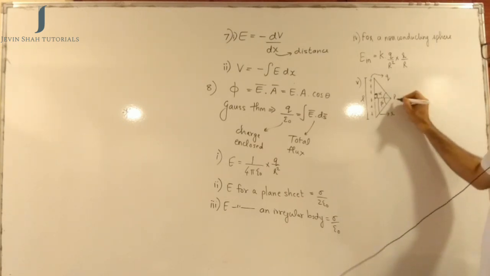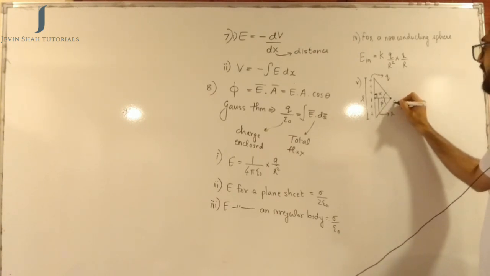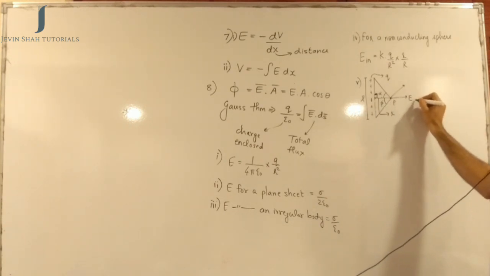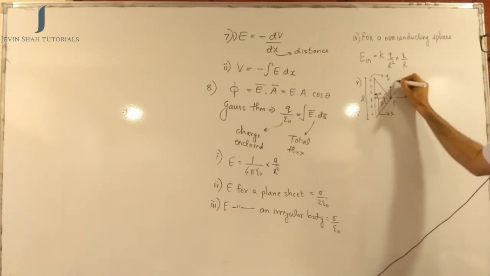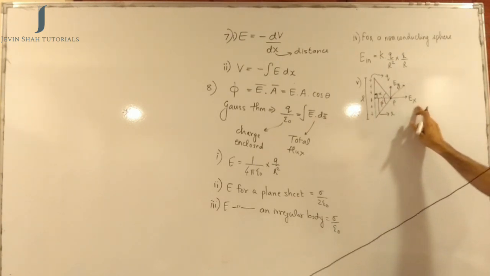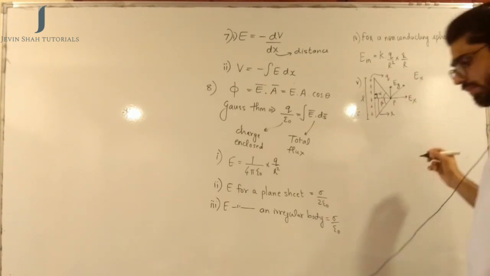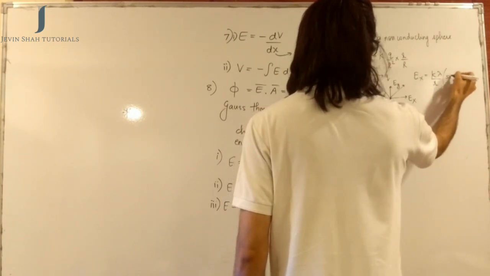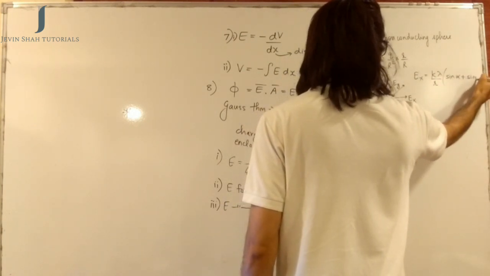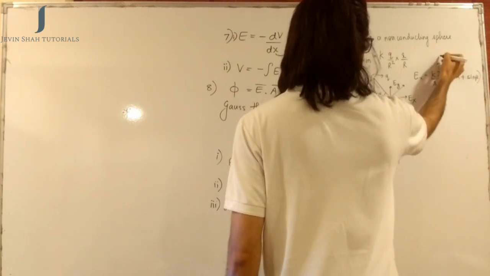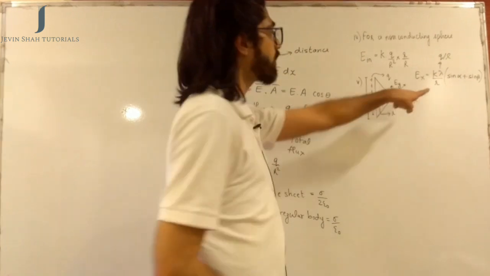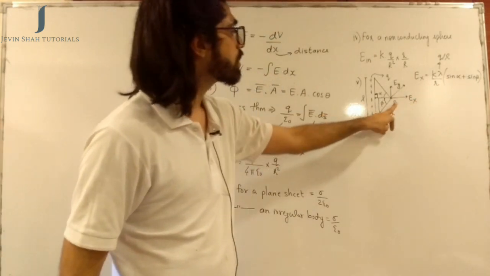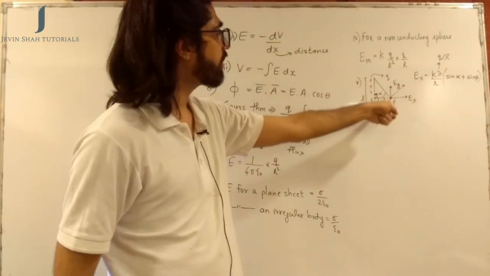Now electric field intensity at point P might be directed randomly, something like this. So there are two formulae. One is for finding the x component and the other is for finding the y component. The x component of the field is k lambda by r into sine alpha plus sine beta, where lambda is the charge per unit length. So lambda is actually Q by L, and the other terms are known. K is 1 upon 4 pi epsilon naught, r is the distance of P from the rod, and alpha and beta are the angles here.